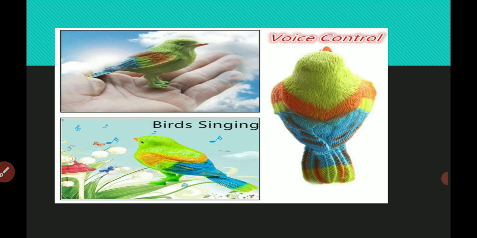Birds singing. Birds such as nightingale, cuckoo and myna produce a very sweet voice. Have you heard their voice? To sing, their voice is very pleasant to hear. Some of the birds produce sounds to warn other birds about any coming danger. If there is any danger, they start to make sound to warn the other animals, don't go there. So birds also communicate, they also talk, they also sing like us. And some birds have very sweet voice, very pleasant to hear.